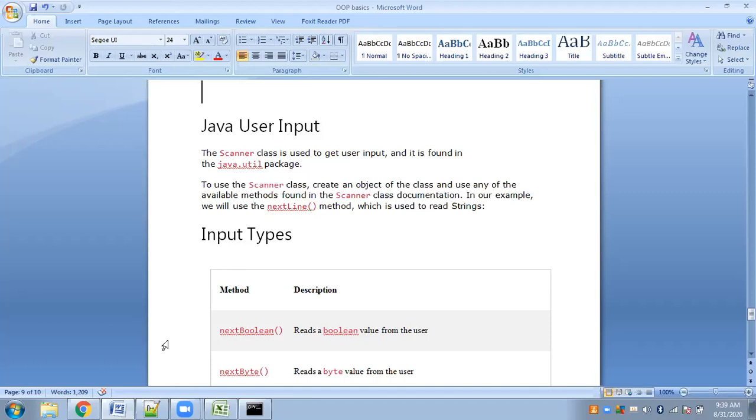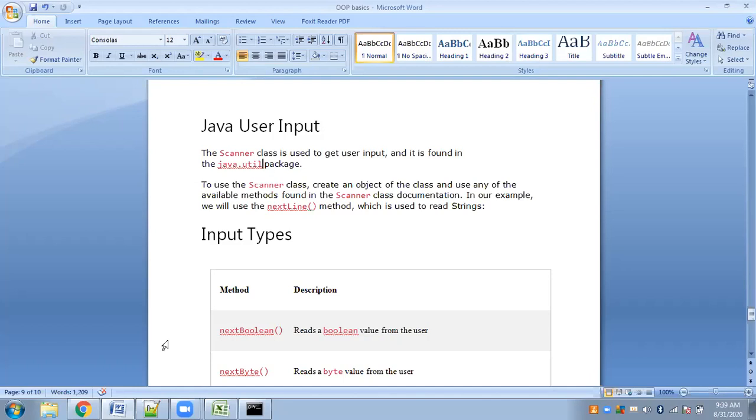Now you see, for that we will be making use of one class which we call the Scanner class, and this class belongs to the java.util package. There are many predefined classes and all of them belong to some packages. Here we have the java.util package, inside which the Scanner class belongs.